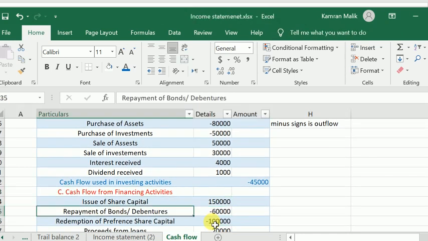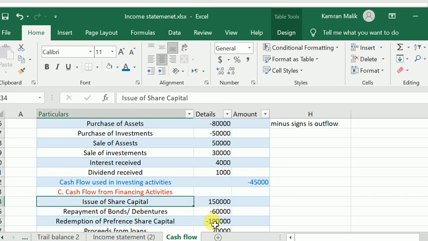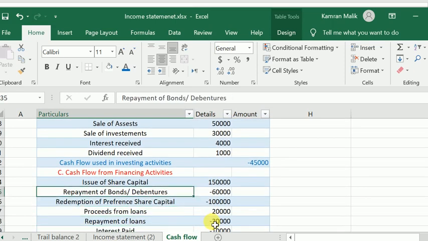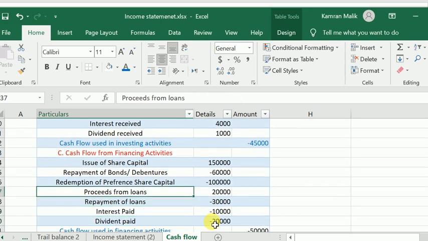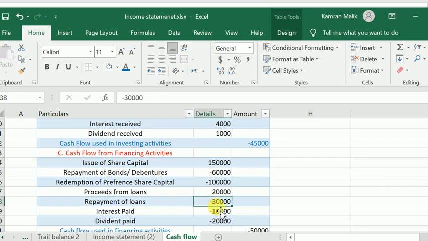And the financing activity, the same thing. We issued share capital, we received this amount, and when we paid for bonds and debentures, for the bond and debenture holders or for the share capital shareholders, we are on the minus because we actually paid. And the proceeds from loan, we receive loan, repayment of loan